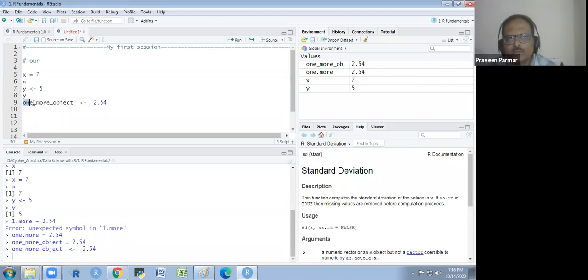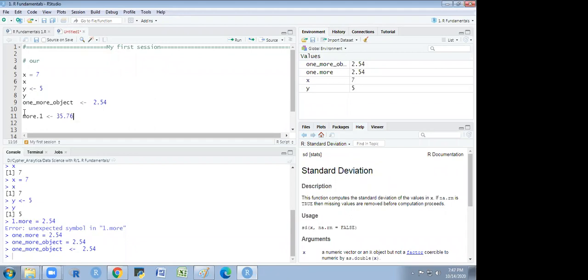So don't make too long object names. Object names could be short, not like this one, more object. It's a very big name, and you have to use it again and again, so you could make a spelling mistake. You have to type more. So always use small object names. Always use abbreviations. Second thing, I explained to you that in the beginning you could not put the number, but you could use the number at the end, like more dot one. That is okay. There is no problem.